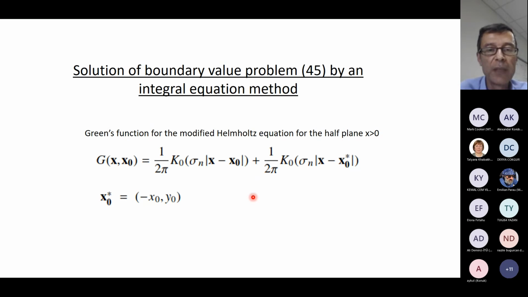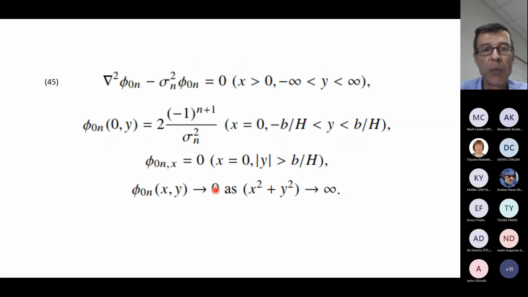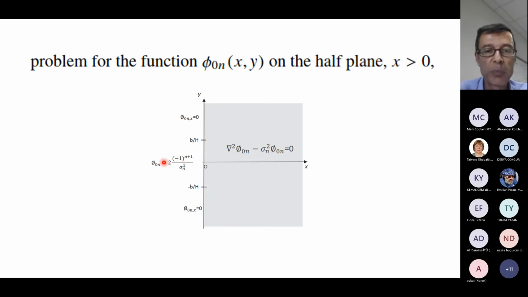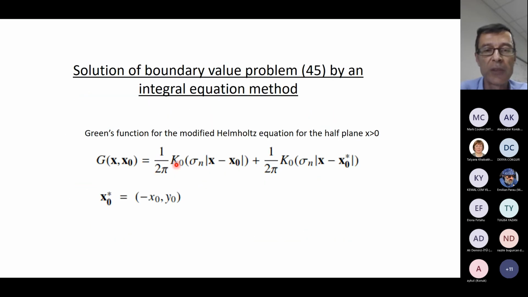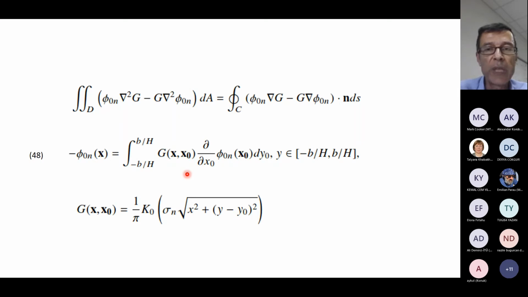So first we will find the Green's function for the two-dimensional problem. Okay, we obtain this using the method of images. The problem is this one. We are solving this one. So we are placing another image here for the Green's function. K0 is the modified Bessel function of order 0. Okay, so we assume we draw a large semicircle on the right half plane and use the boundary conditions